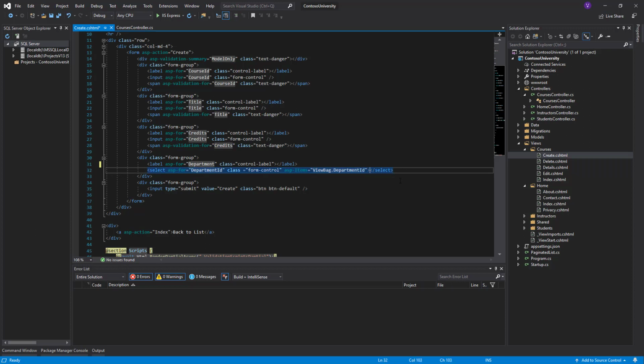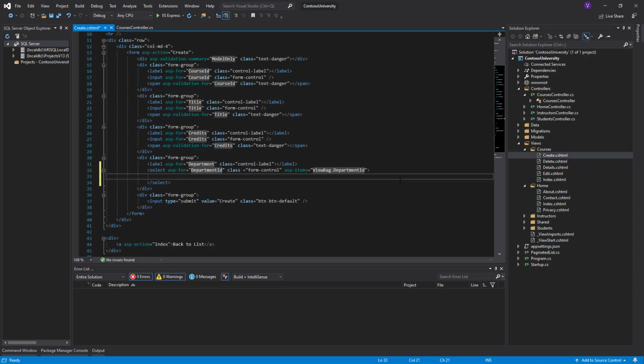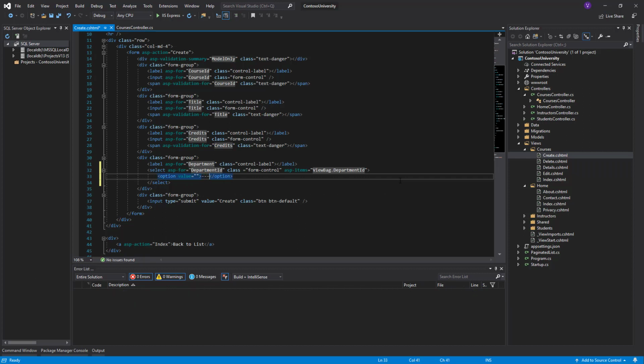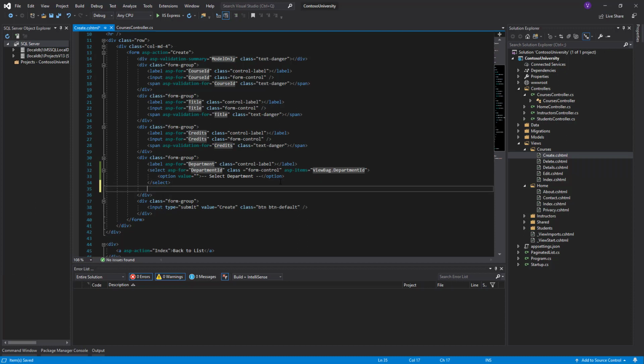What we can ask furthermore is to write an optional value and to write something so it's written something before we start selecting. Select department, like this. Looks okay. And then some validation,